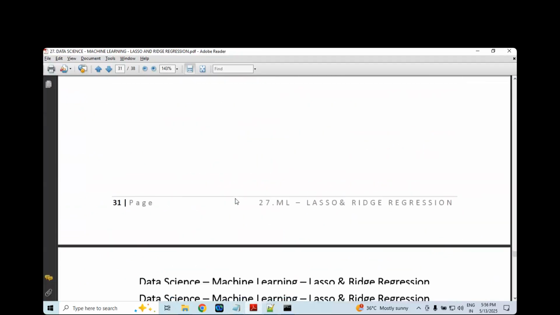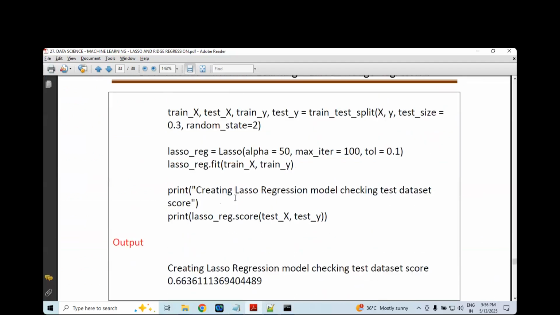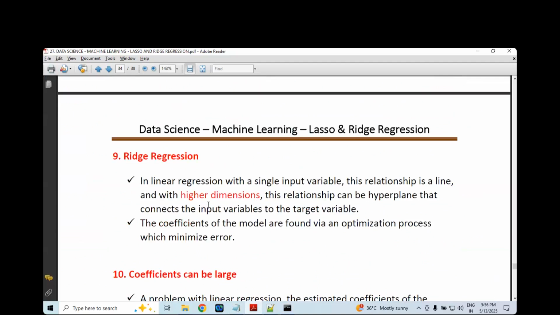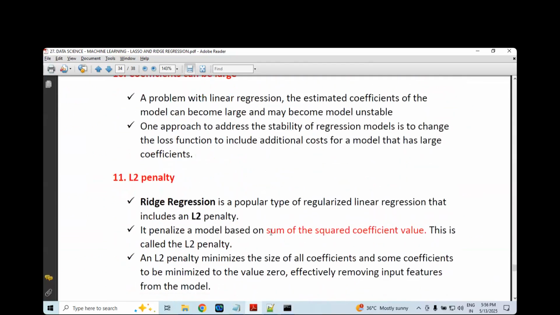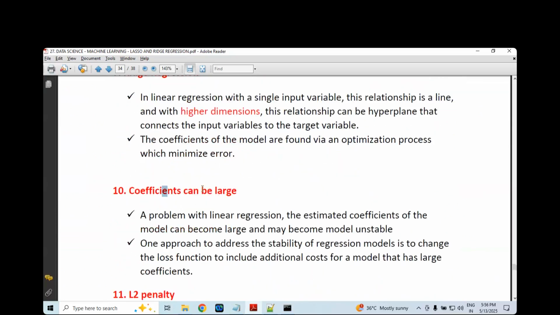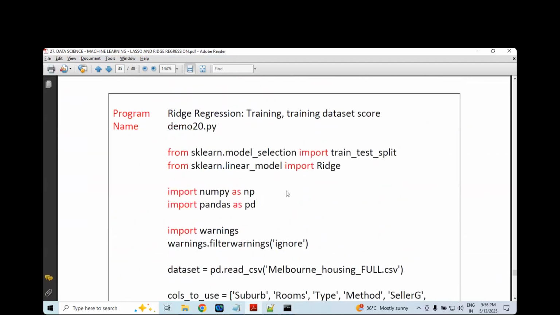Sir, same story. The next one will be a ridge regression. Same story in the sense you need to walk through this theory. Just this one is important: the sum of the squared coefficient values actually. Why did ridge regression come? What is the issue? Coefficients can be too large a value, like in the previous theory. Okay, now any idea what a ridge is? Class. That's it. Hope you understand.